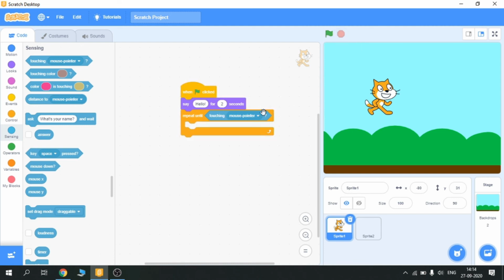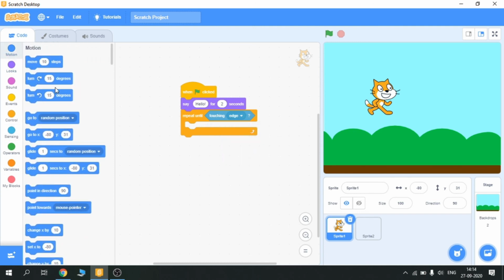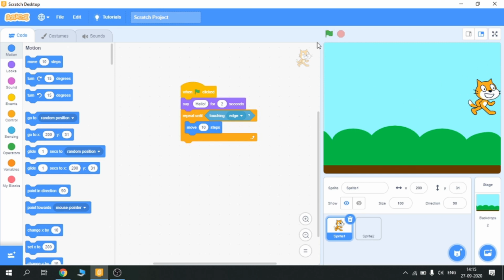I'm sorry, I have to stop it. And here I am going to say edge. Okay. So here what is going on is that when green flag clicked, the sprite will say hello for 2 seconds, and then this loop will start working until it touches this edge, and it will move 10 steps. So look, he'll stop when he touches the edge. So this is what repeat until loops do.